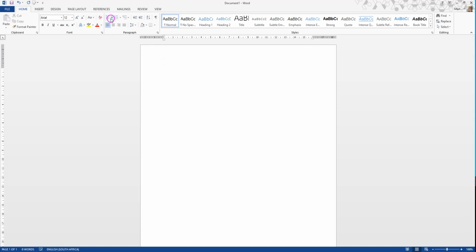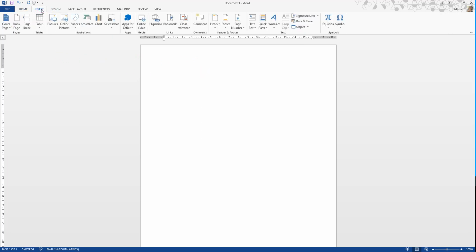And then of course here are your buttons to insert bullets, insert numbering, and this is the multi-level numbering, the one we're not working with at the moment. Remember what I said to you, first type the information and then afterwards apply your bullets and numbering. Alright. And then under the insert tab